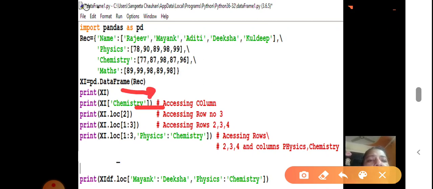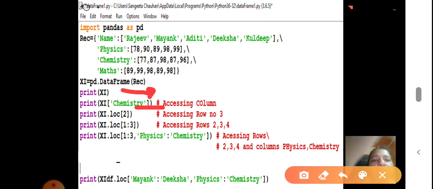Now I have used 11th.loc[2]. What does this mean? 2 is the row with index label 2. It means the third row will be displayed, with all the columns of the third row.